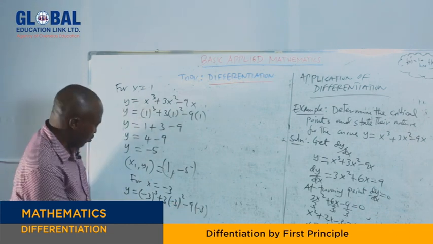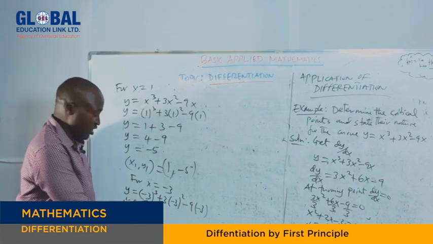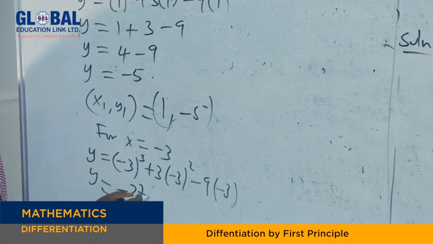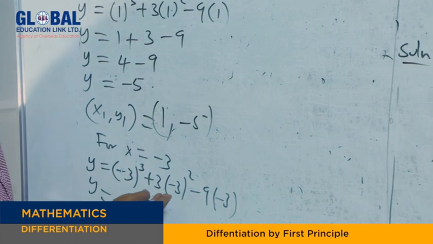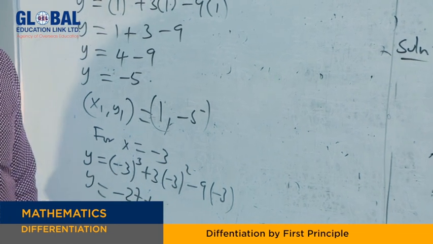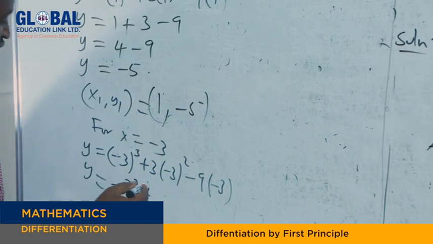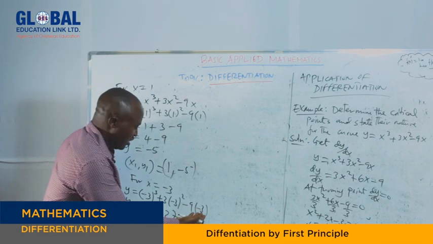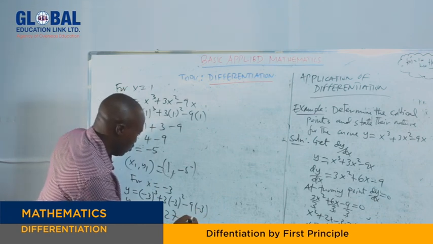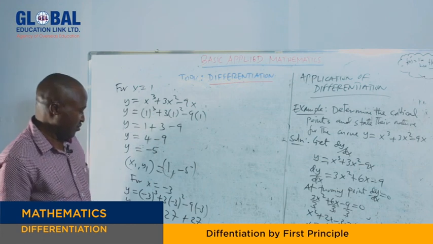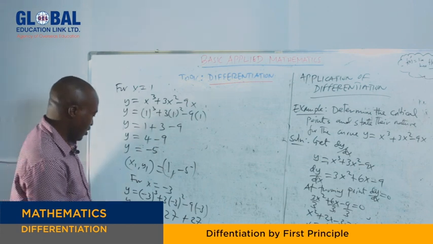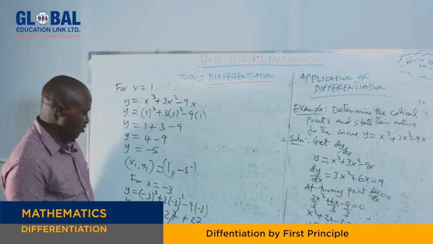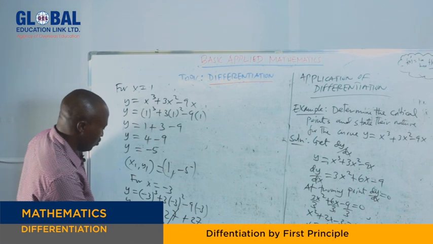So at this point, remember it is negative 3 cubed, that is going to be negative 27, plus negative 3 squared, that is negative 3 times negative 3, that is 9, times 3 again is 27. Here we have negative 9 times 3, which is equal to positive 27. So negative 27 will vanish and we remain with y equal to 27.